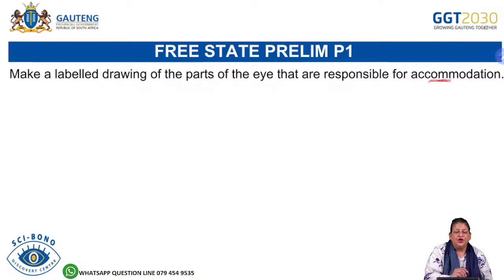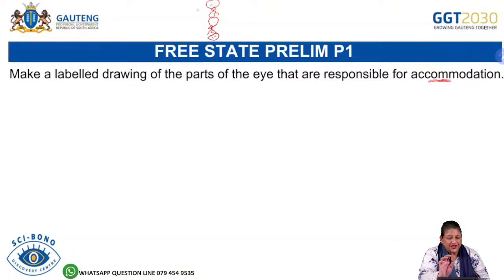And in your mind, what must you know? Accommodation is the ability to focus on far and near objects. What are the parts? Oh, it's my ciliary muscle, which has my suspensory ligaments that attach to my lens, and I got my ligaments and my ciliary body, something like that. So those are the parts that help me to see far and near. Remember, what happens during near vision? Remember, when you're writing your paper is near you. So